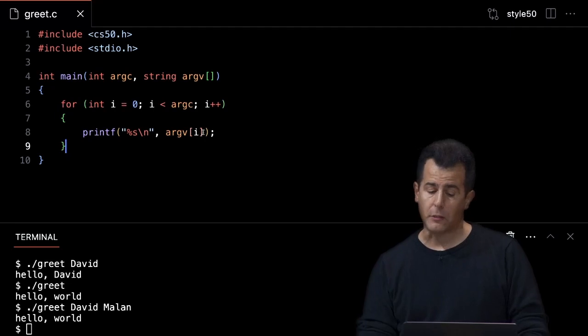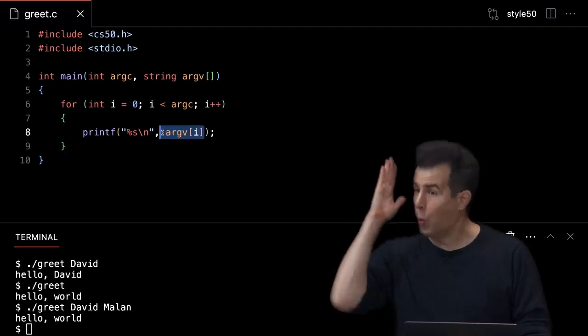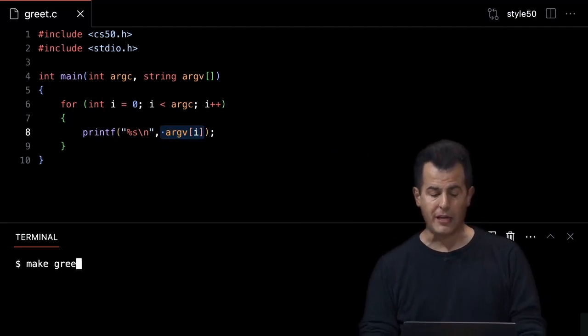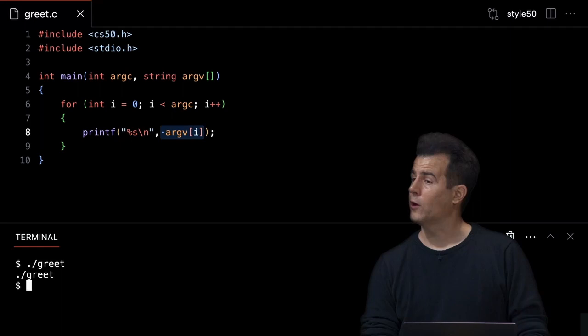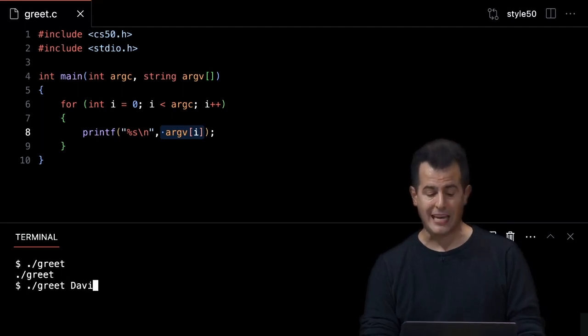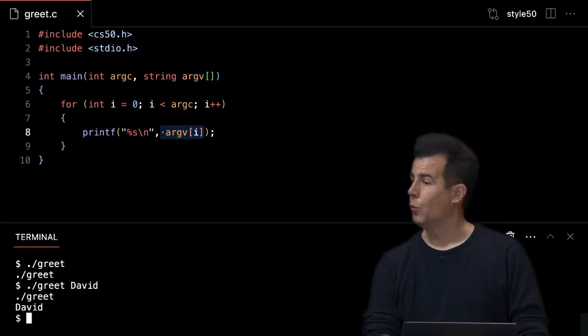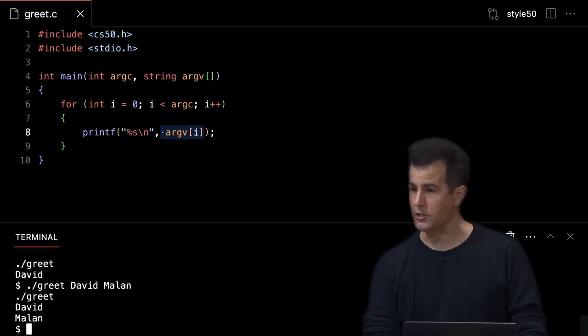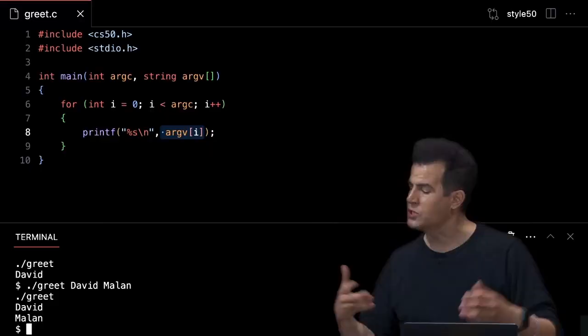I can print out argv bracket i, which is the ith word in that array from left to right. And so if I now make greet and I do /greet alone, I just see the program's name. If I do /greet David, I see those 2, one after the other. If I do David Malin, I get those 3 words. If I keep going, I'll get more and more words.